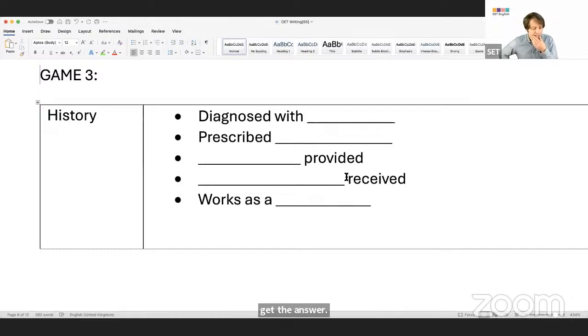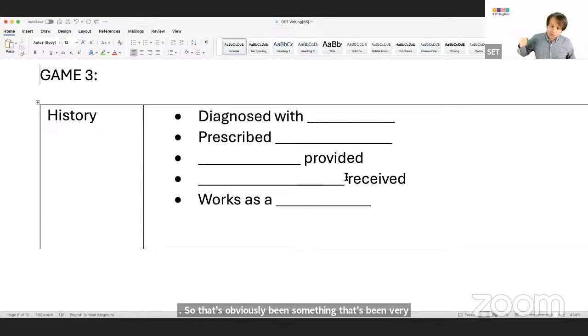Okay, hello, doctor. Thanks for seeing me today. So in terms of my medical history, you can see there that there's been a lot of issues. There was the hypertension that I was diagnosed with. So that's obviously been something very important. And the beta blockers that I was given are really something that have been quite useful. And then, of course, I think this is a standard thing these days, but lifestyle advice was provided. And that was really helpful for me.